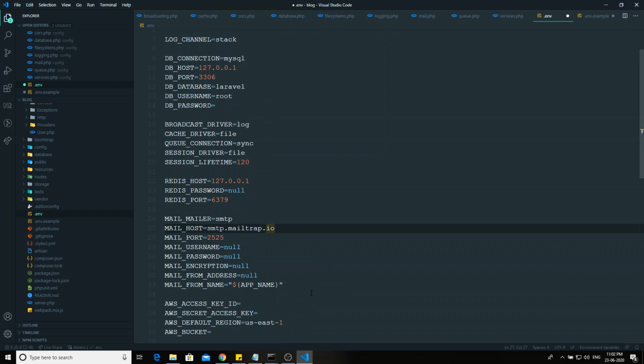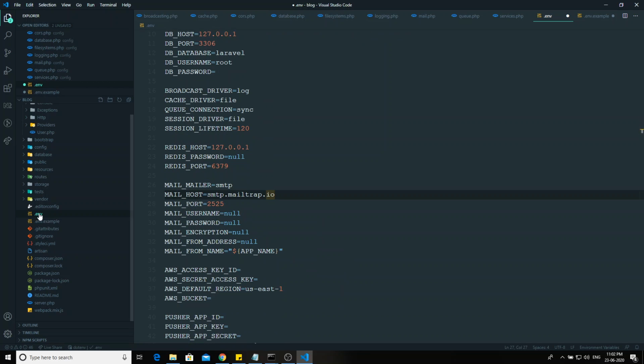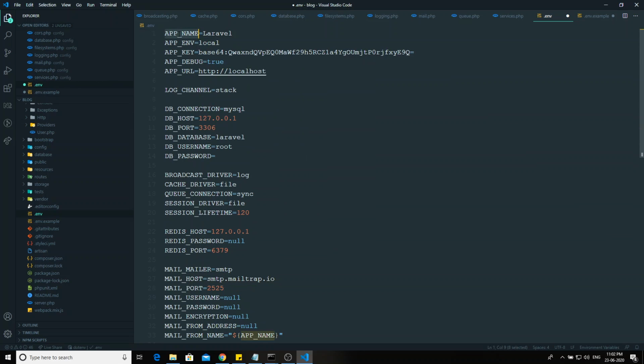Another thing you can have is, for testing, we can maintain a separate env file. For example, before going to testing, think of APP_NAME, this one is the app name you will be having.